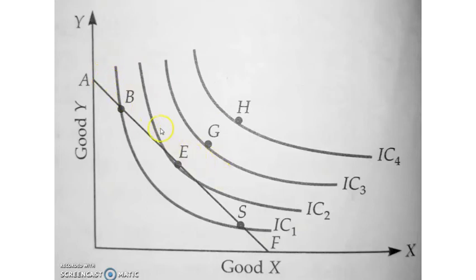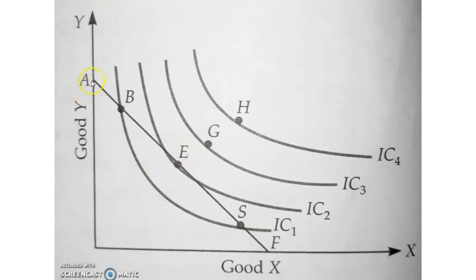Here the budget line is AF. This is the budget line. He cannot go beyond the budget line. He has to stick to a point on the budget line or be inside the budget line. But we have learned the consumer gets more benefit when he is on the budget line rather than inside the budget line. On the budget line, we have 5 points.